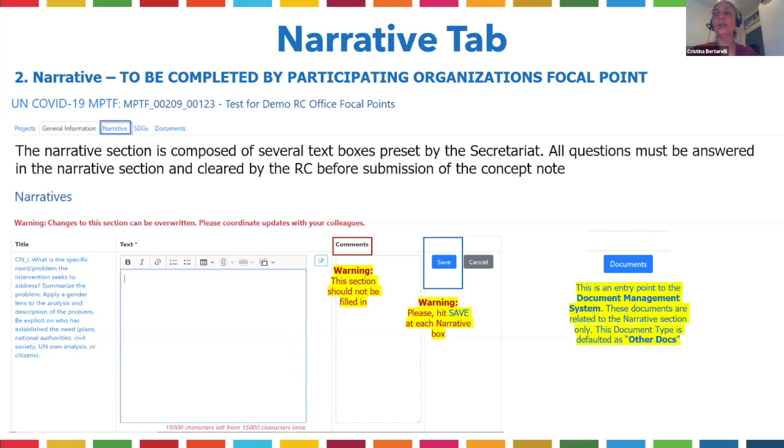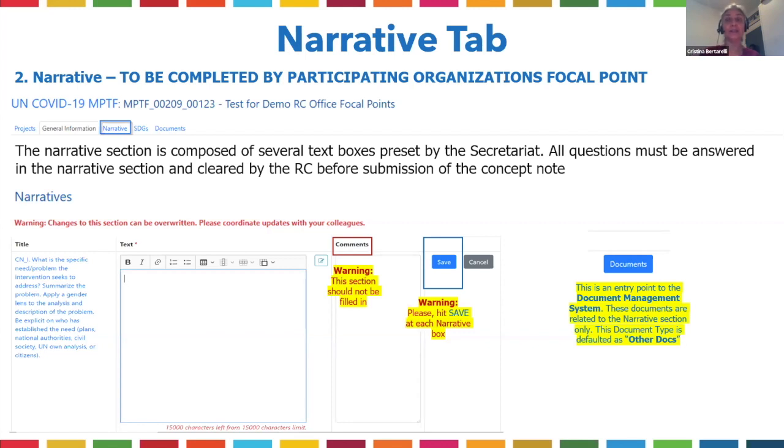And then when you hit save, basically your narrative content is validated. If you can see here at the bottom in red, there is a character number limitation that was decided at the fund level based on the experience of call one. However, if by any chance there is a need for a more extensive narrative on an exceptional basis, please feel free to reach out to the help desk and we will see how we can accommodate this extension.